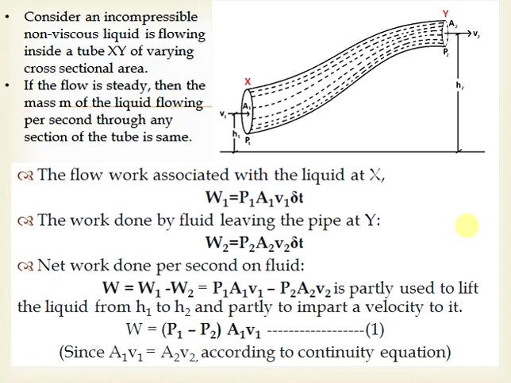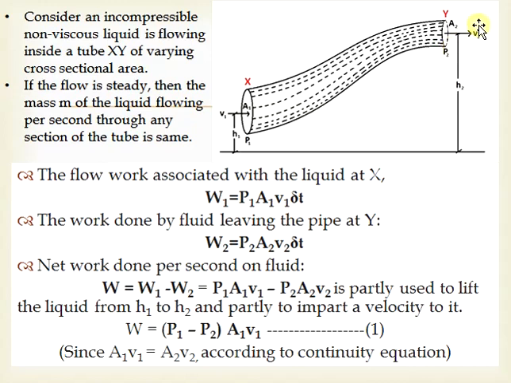In order to prove Bernoulli's theorem or Bernoulli's equation, consider a steady and incompressible flow of a non-viscous fluid through a pipe XY of non-uniform cross-section. Let A1 be the cross-sectional area at X and A2 be the cross-sectional area at Y. Let the pressure and velocity of the fluid at the ends X and Y be P1, V1 and P2, V2